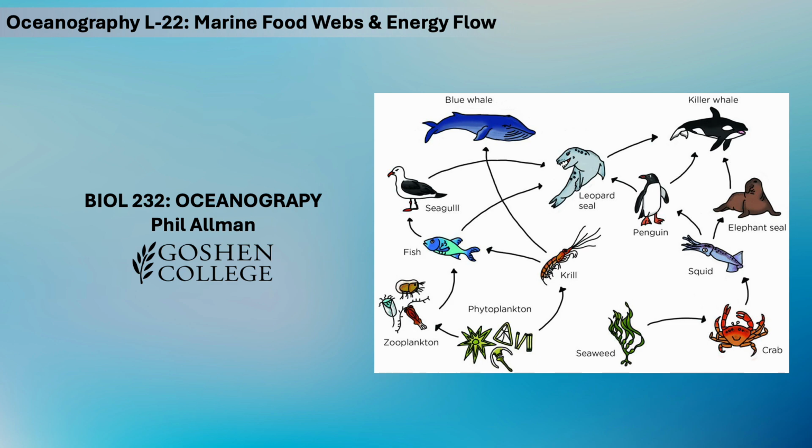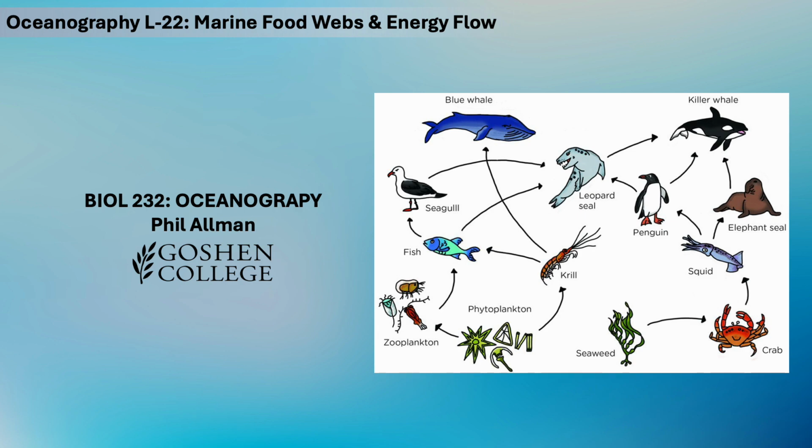In the previous lectures, we examined how energy enters marine ecosystems through primary production and how plankton populations fluctuate through time in response to environmental conditions, grazing, and climate variability. We saw that microscopic phytoplankton convert sunlight and nutrients into organic matter and that plankton populations can change rapidly through interactions with zooplankton and physical ocean processes.